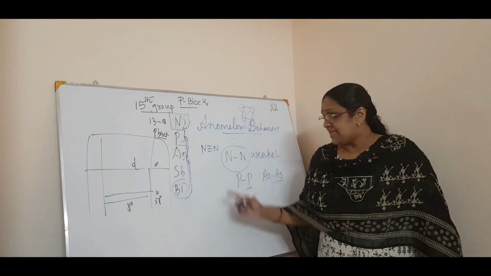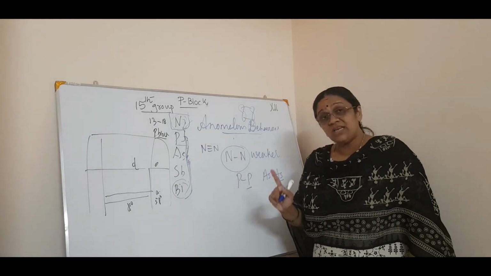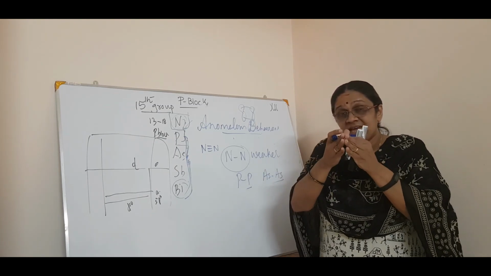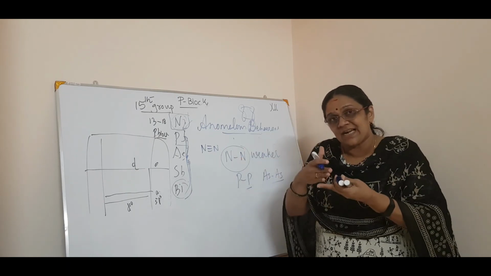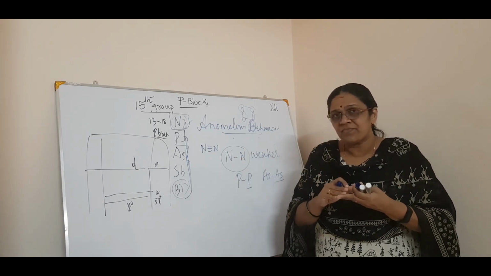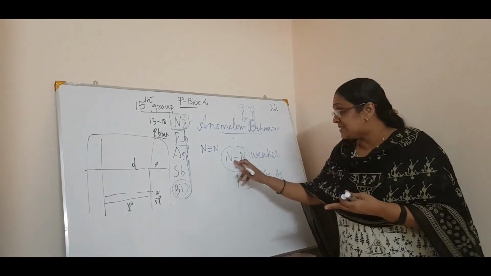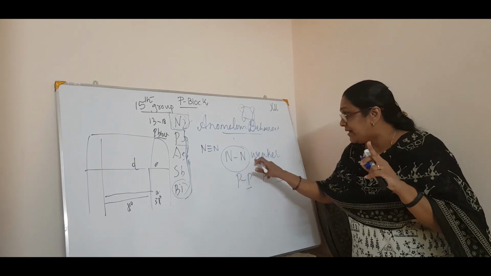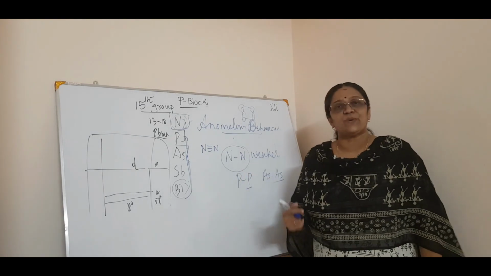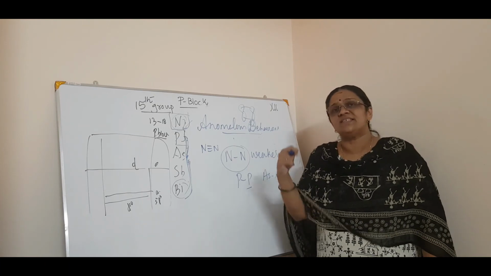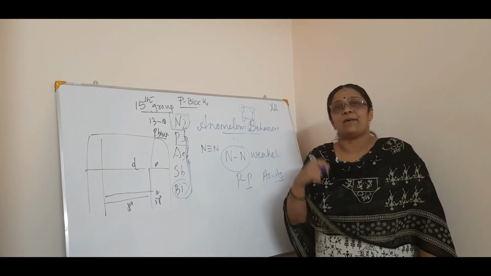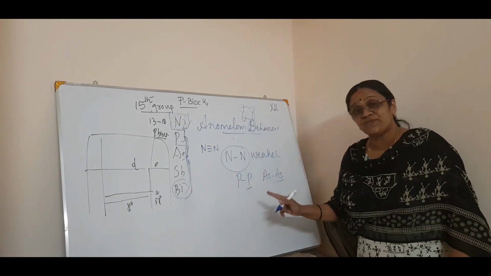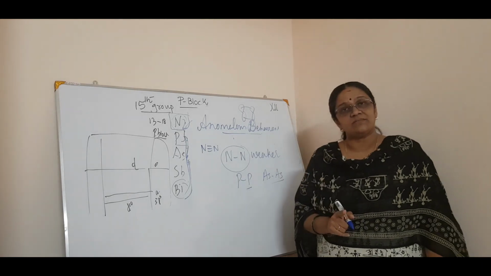See, nitrogen single bond is weaker in the sense that it can easily dissociate, or it can easily be cut off because there is only one bond. I am talking about the single bond, not the triple bond, and it is weaker than the P-P bond. Again, there is one question. See, in every sentence there is a question behind it. Now, why does this happen? Why is the nitrogen single bond weaker than the phosphorus or arsenic single bond?